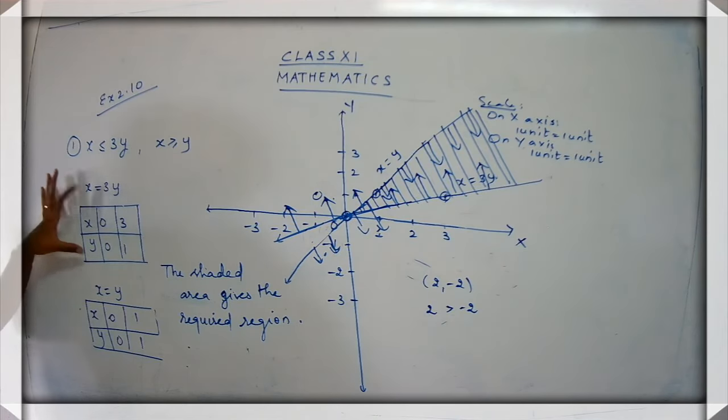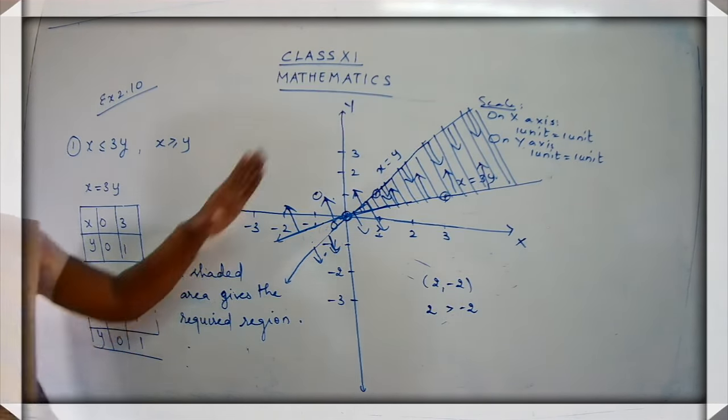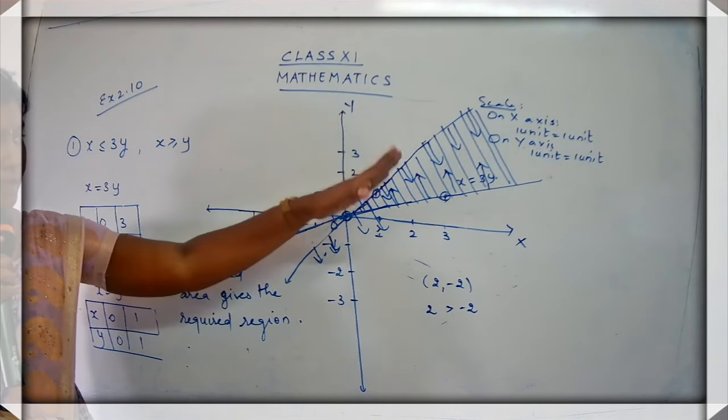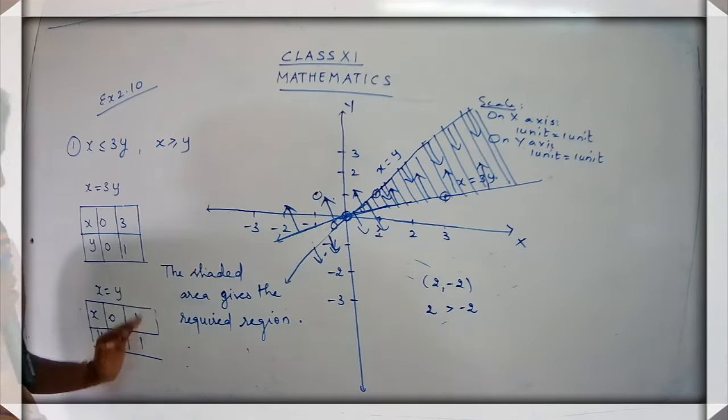So first thing is we are going to draw a table for x is equal to 3y and x is equal to y. And no need to choose more values. You can just take 2 or 3 values. It's of your choice. But do not minimize this. Okay, children? Try to keep 2 or more than 2. That's your wish. Once you find out the value, you are going to plot the graph. Plot the graph and write down the equation like x is equal to 3y. X is equal to y.